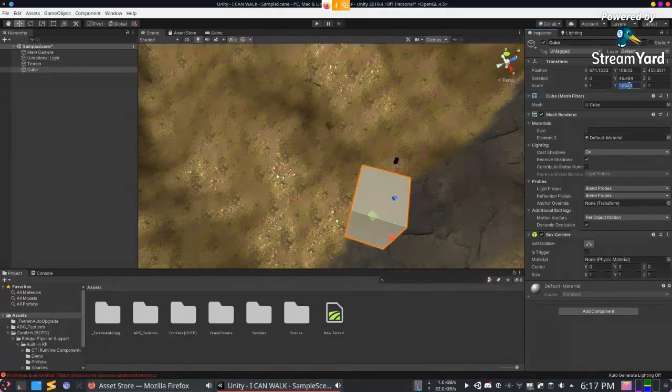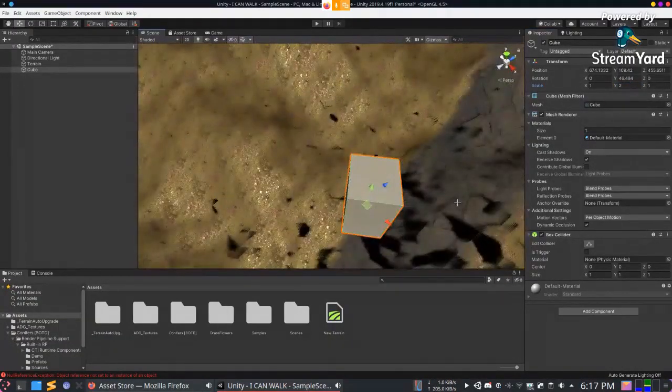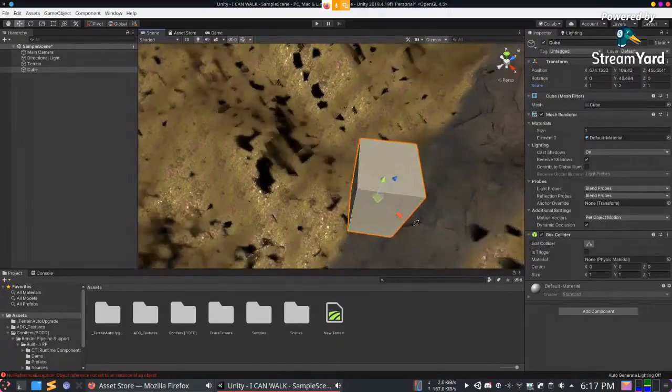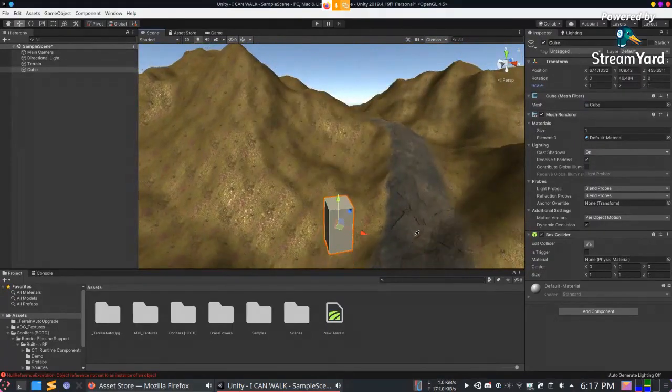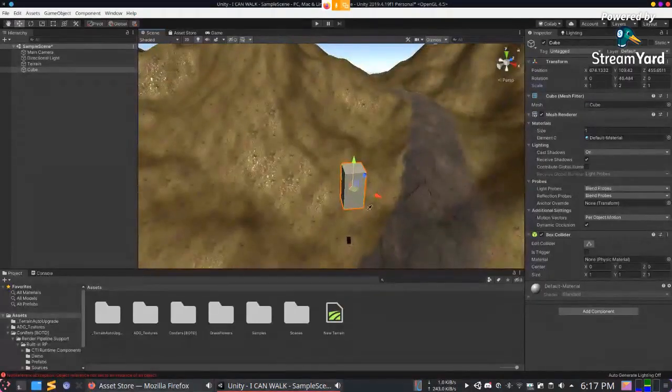So now let's put it at human size. That's right about a human size, 2:1:1. Now let's place it on the ground.